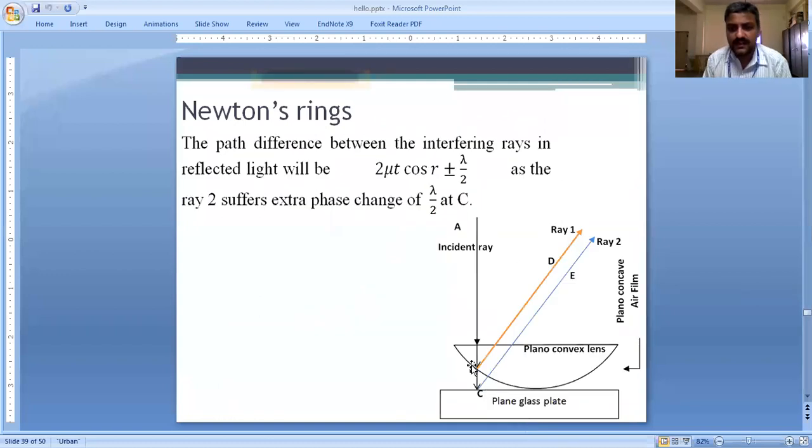See this. Here the film is not uniform. You can see the film is curved. Actually, you have a plano-concave shaped thin film, and hence the thickness is going to vary from point to point. So sometimes in the question they may ask you, discuss the interference pattern formed with the non-parallel thin film. So this comes under the non-parallel case. So Newton's rings is one case where the thin film is not uniform, right?